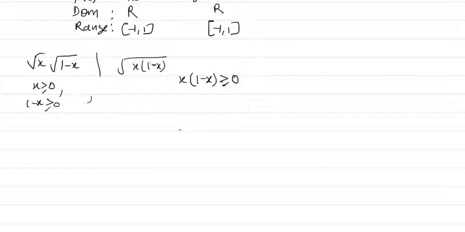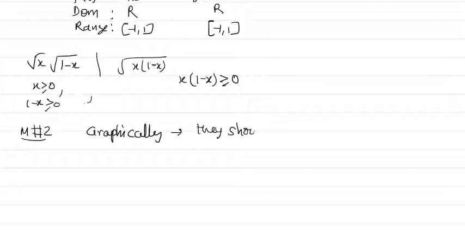So this is method 1 to decide whether functions are equal or not. Method 2 is graphical. If you can draw the graph, graphically they should coincide on each other at every point; only then we say the functions are equal. If you don't know the graph, you have to analyze using the three points. If any one point fails, the functions will not be equal. Okay, thank you.